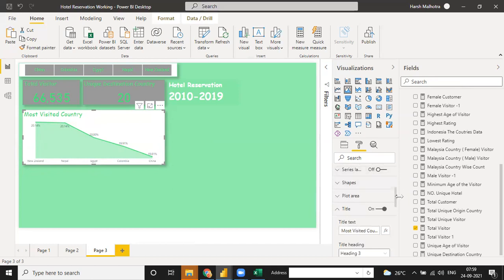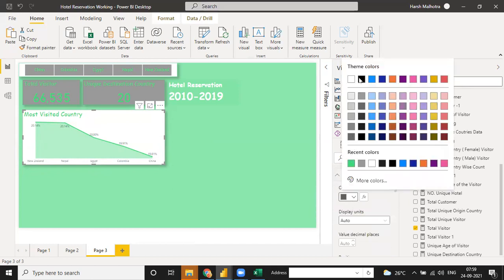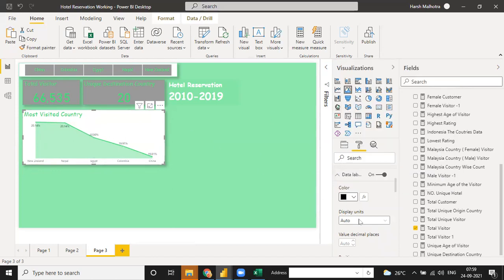For data label, you can just use a more black color, dark black. Okay, and use something bold, because data color is most important. 13 is okay.